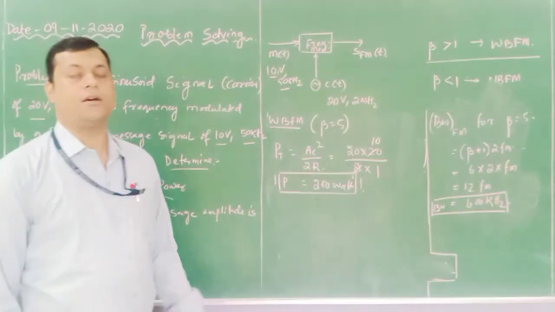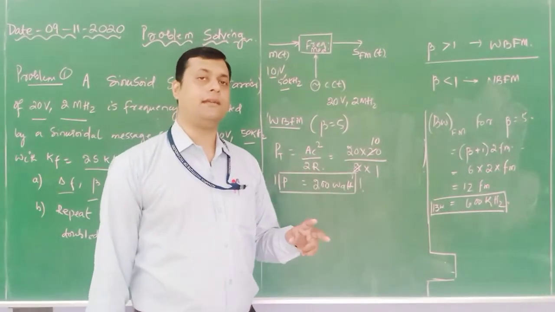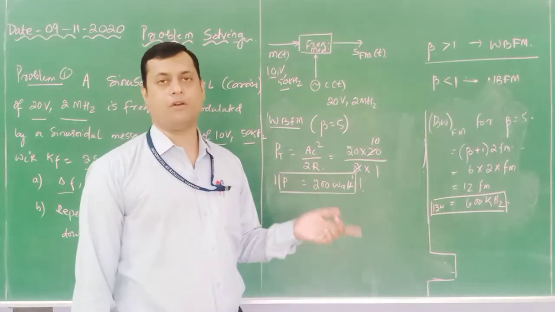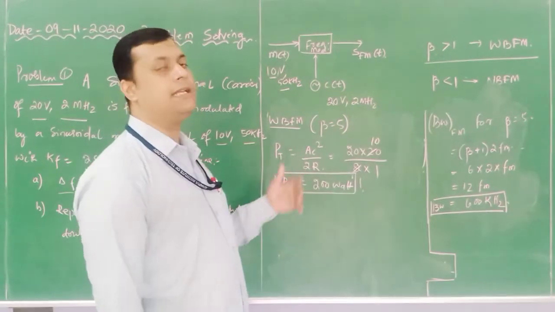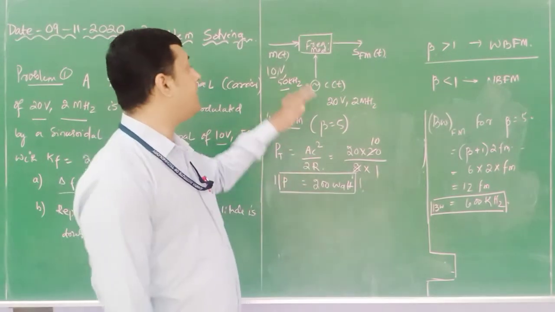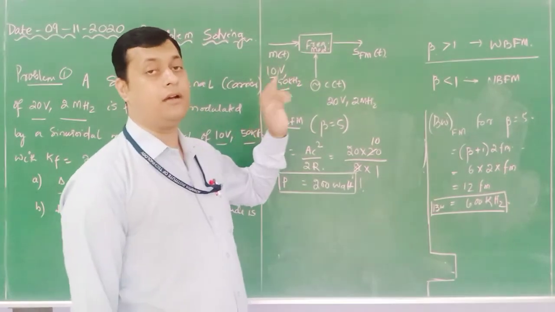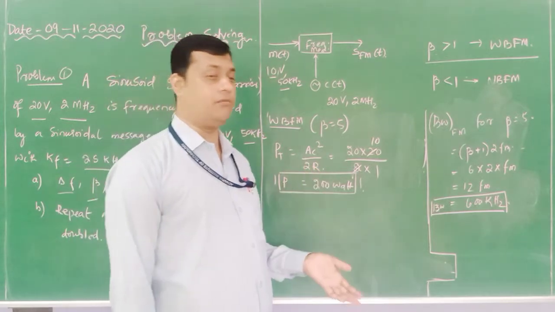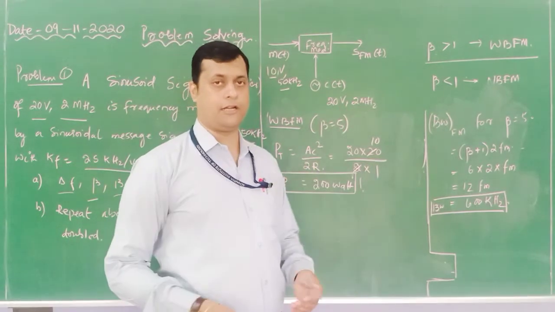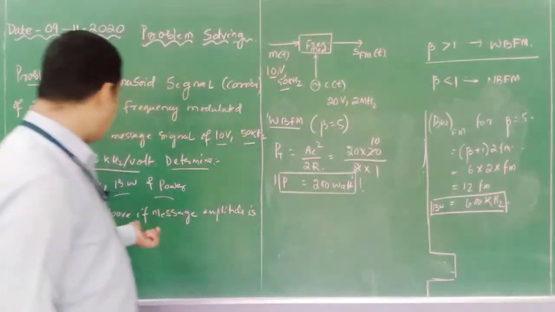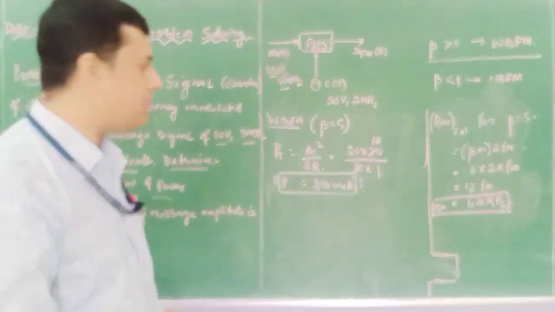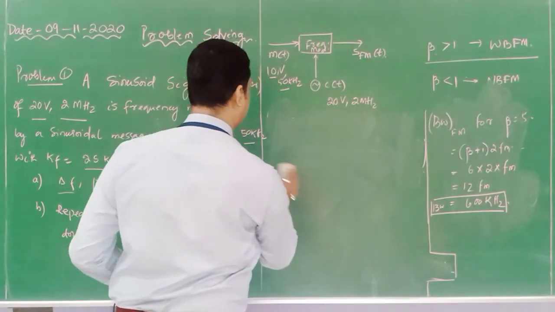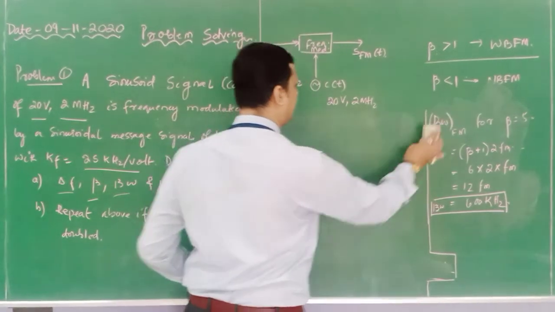So like this you have to determine for the next question in which the message amplitude is double. Same method. The only thing is you have to determine the del f. In that del f, kf into Vm, what you are going to substitute will increase the value. Initially we considered 10 volt. Now in the second case, it will become 20 volt. Now if the amplitude is 20 volt, the parameters you are going to determine are the same as asked in the question. The same parameters we are going to determine if the amplitude of the modulating signal is doubled. Okay, so one by one we will see.